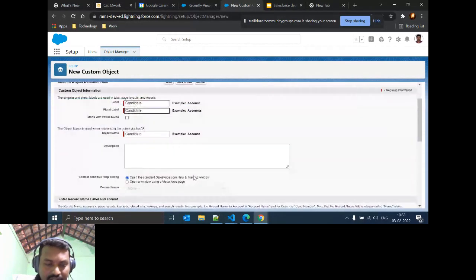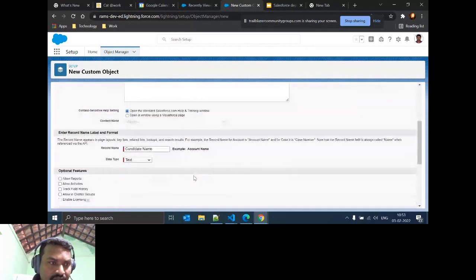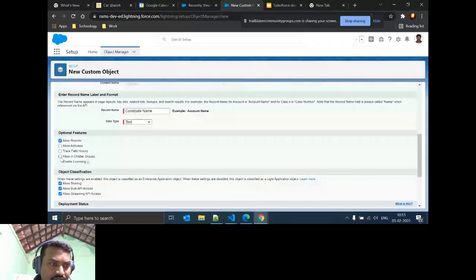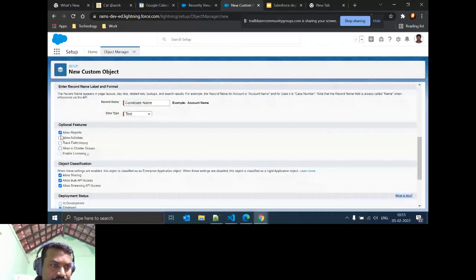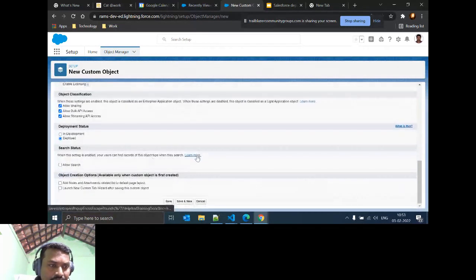Dates. I am going to deploy directly, and add the launch new custom tab also. Save and new. Save.